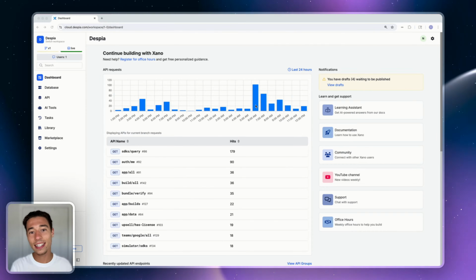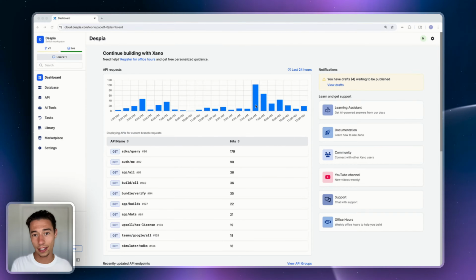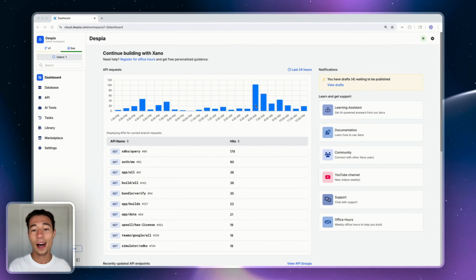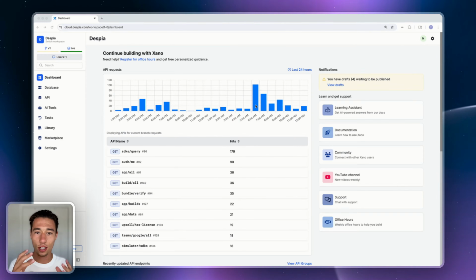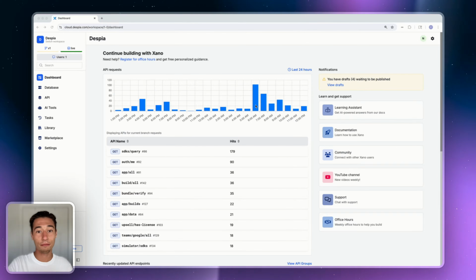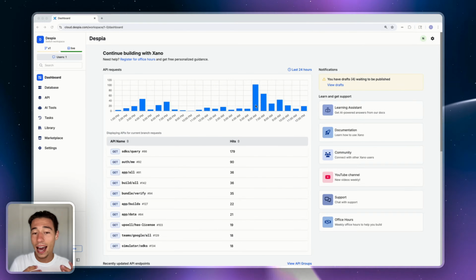So the idea that in Xano I can build things quickly, almost as quick as using AI, but I still have those building blocks that are always the same. It's a standardized system. And I can do things that are secure and compliant and HIPAA compliant and everything that I need to. I have my own dedicated resources. I have my own virtual machine. That is a big pro.